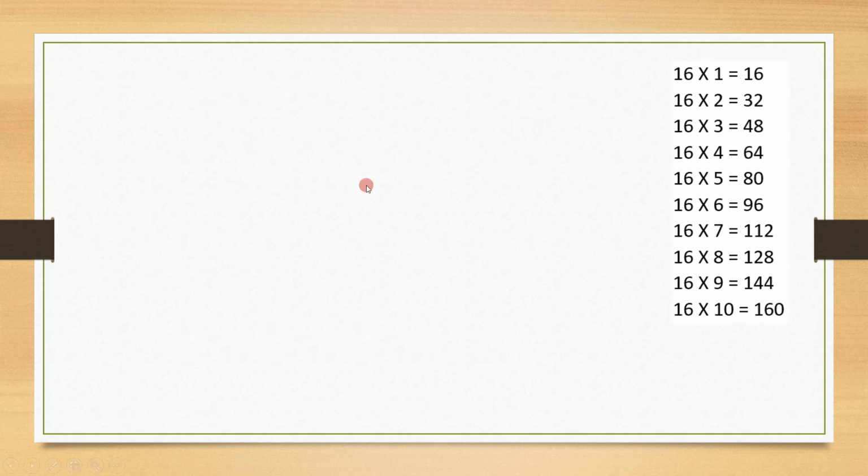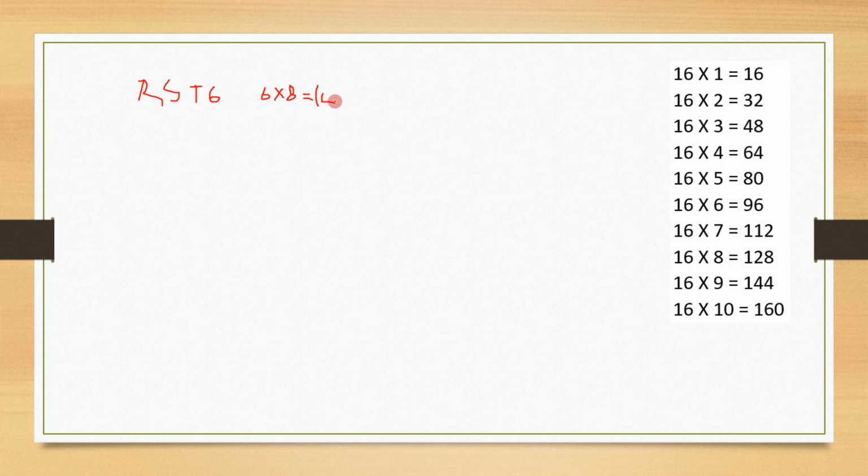Next is, for example, RST6. If I want to calculate the address of this software interrupt RST6, the first thing I'm going to do is multiply 6 with 8. 6 8s are 48.